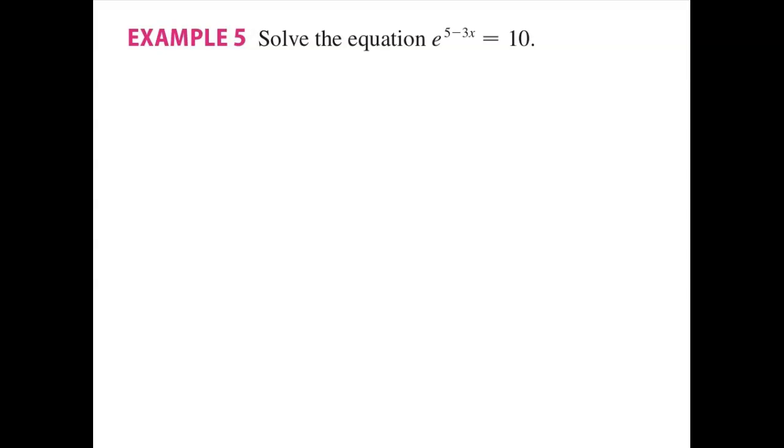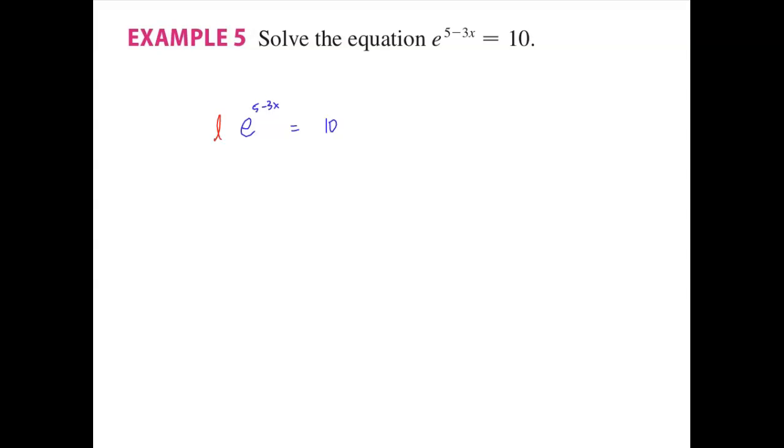All right, solve the equation e to the power of the quantity 5 minus 3x equals 10. So this is just like a pre-calc / algebra 2 problem. But it's probably been a while, so I just wanted to review how we would do this. The idea is, because of those properties that I just showed you,